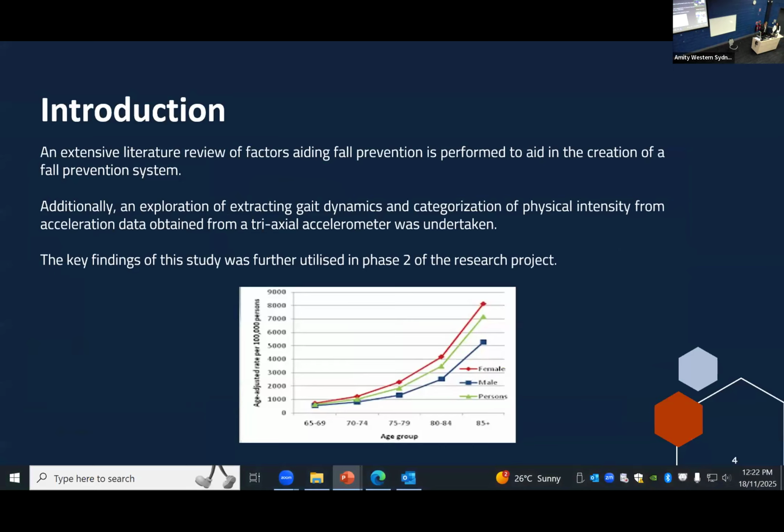Coming back to the beginning of my talk, you can see the graph of people that have had a fall and their age. As you get older, the chance of falling becomes worse and worse. Here it is for male, female, and overall. If you survive over 85, it doesn't really matter whether you have a fall or not, because the chance of surviving a fall after 85 is, unfortunately, very, very low.